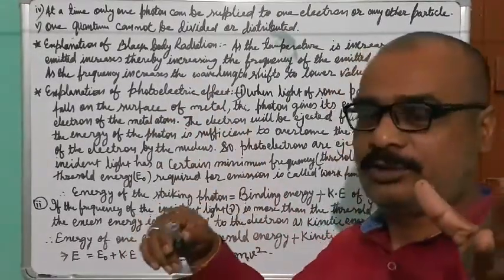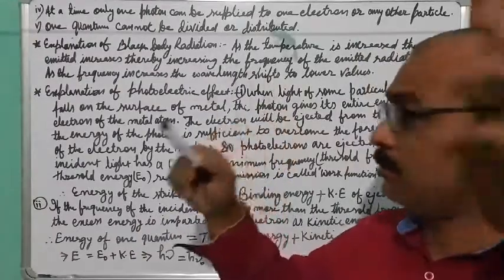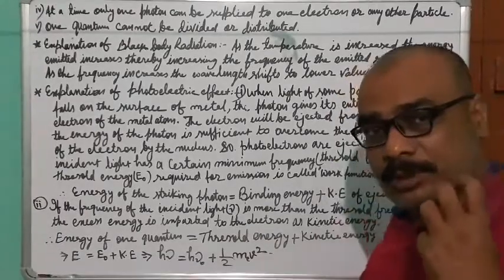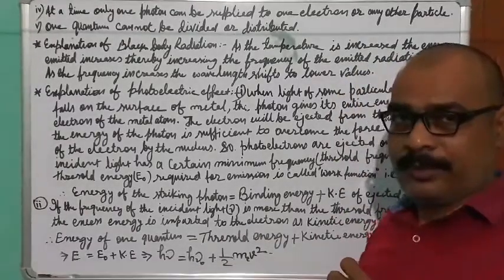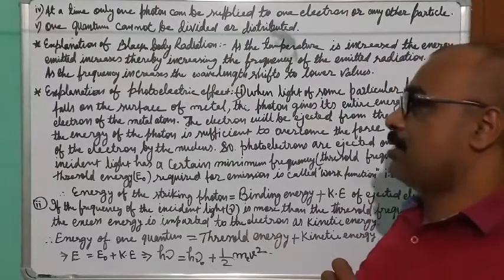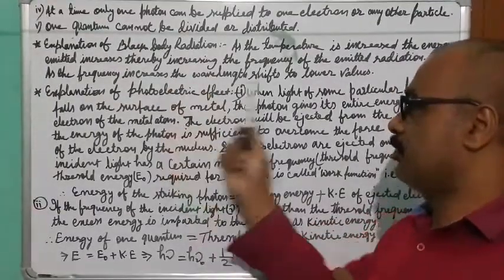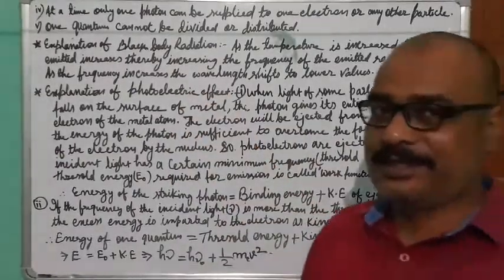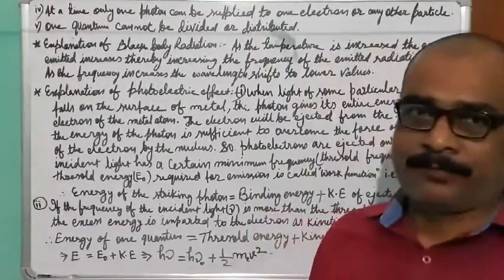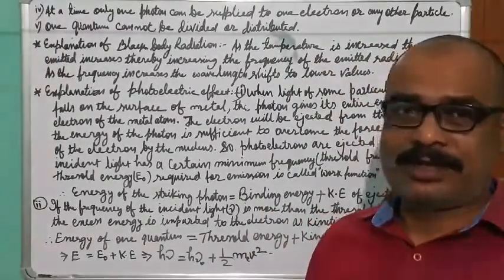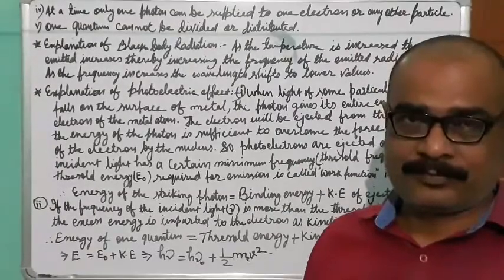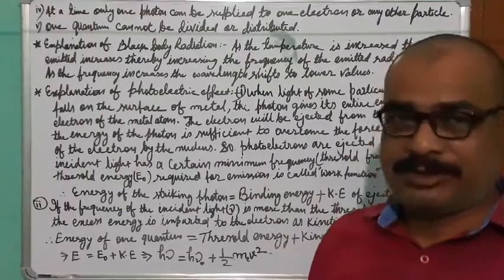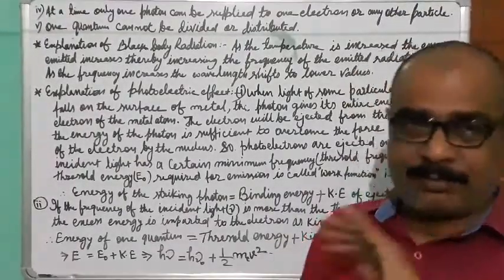We have already explained black body radiation to you, so recollect those things to understand what I am saying now. This Planck's quantum theory of radiation is able to explain black body radiation as well as the photoelectric effect. In black body radiation, as we increase the temperature of a black body, the color of the black body changes. Why does the color change? That was not explained by Maxwell's wave theory, but it is explained by Planck's quantum theory.